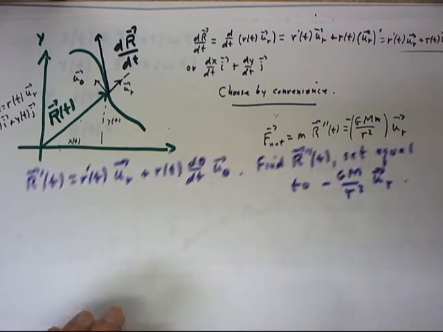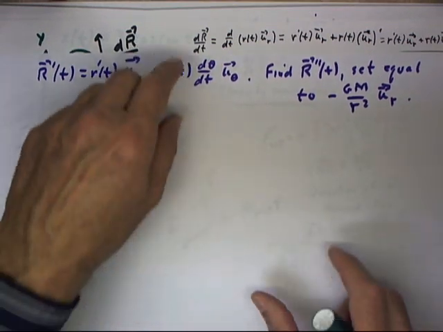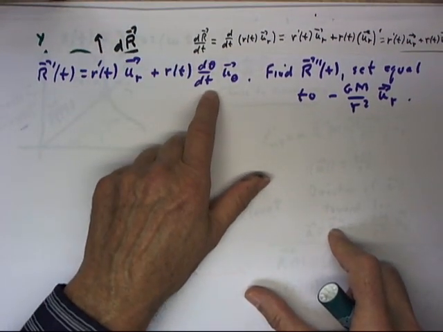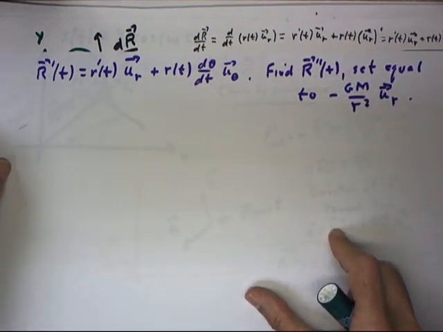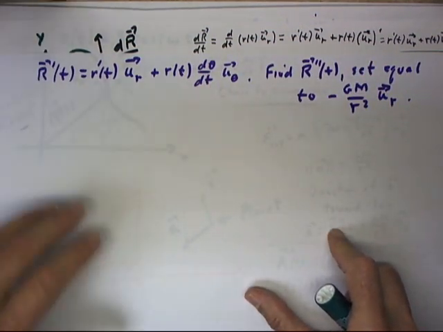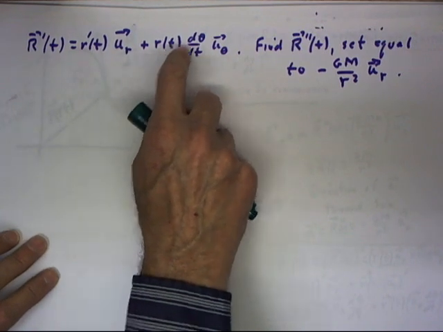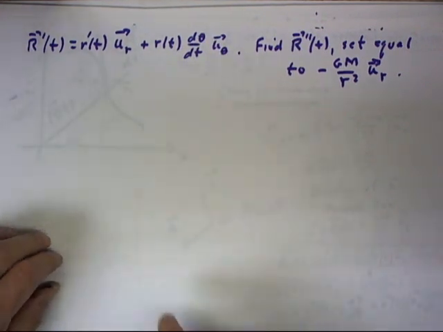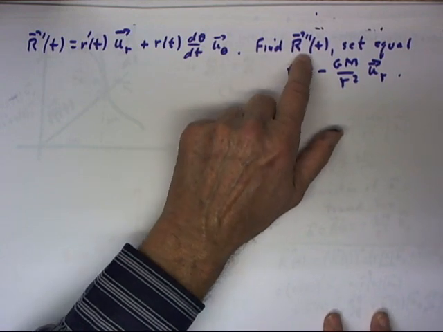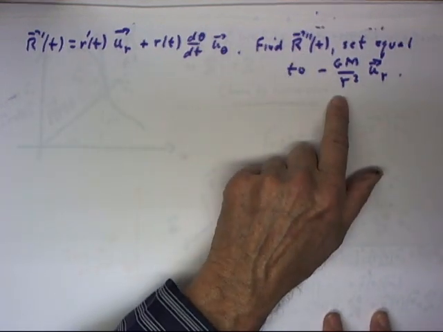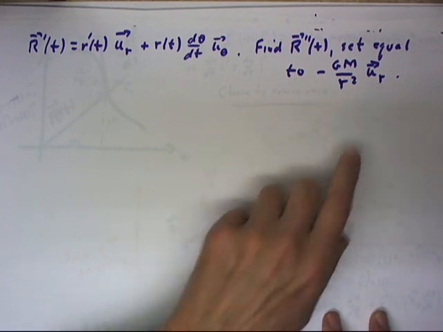Now we've already got an expression for the derivative of r with respect to t. We've derived that expression previously, and we write that out, and we note then that r prime of t is little r prime of t times ur plus r of t times d theta dt u theta. And our strategy is going to be find an expression for r double prime, set that equal to negative GM over r squared multiplied by u sub r. So the first step is going to be